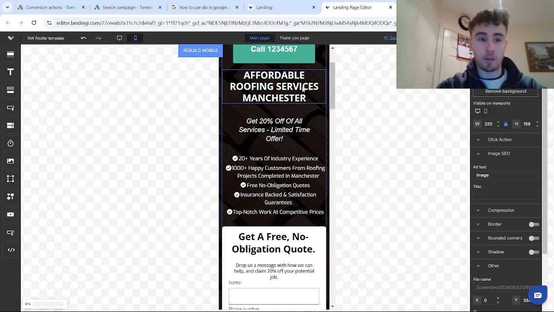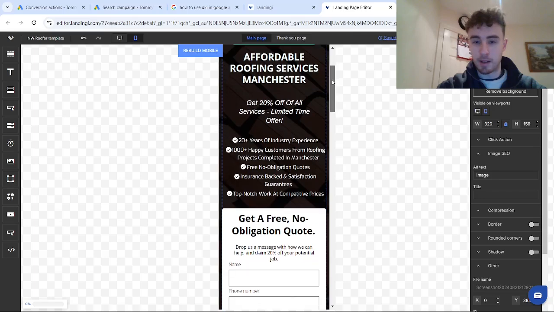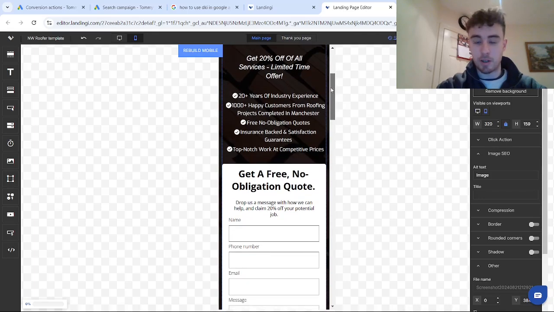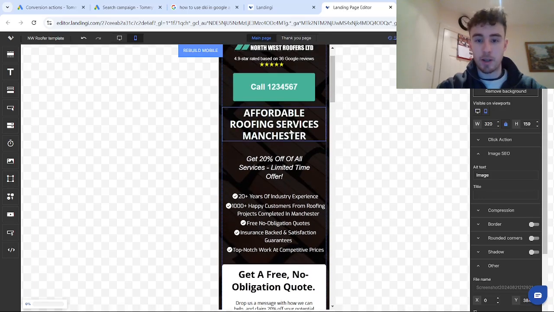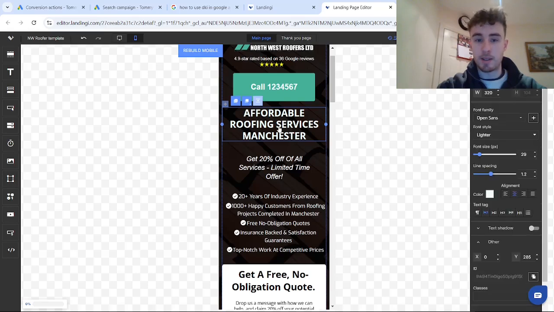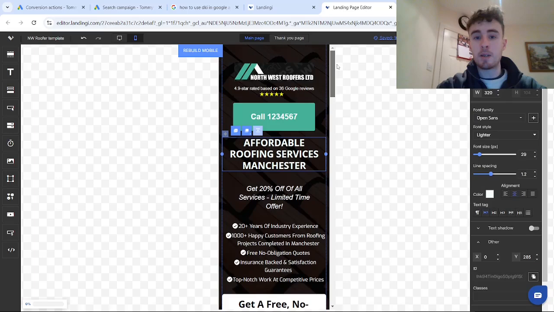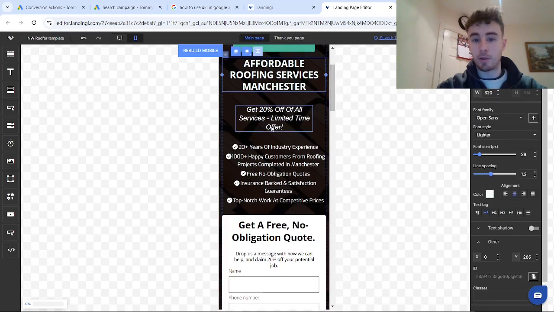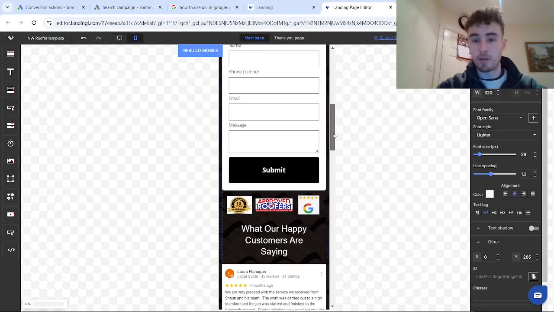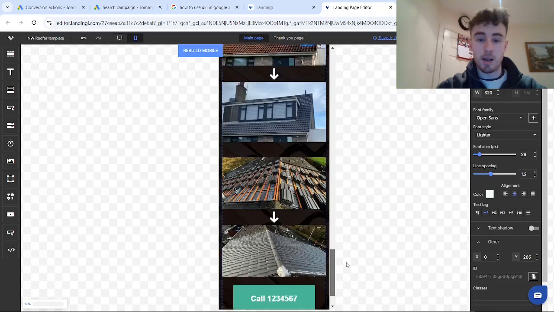So you want to have as many landing pages as you need that are relevant to the keywords in that ad group. But most of the landing page can be the same apart from that. It's just about making sure that what they see is relevant to what they search for when they land on the page initially. But apart from that, you can have your offer, benefits of why they would choose you, a form, call button at the top, and maybe some authority markers below the form, testimonials, and before and after